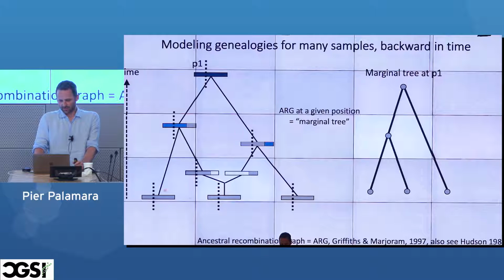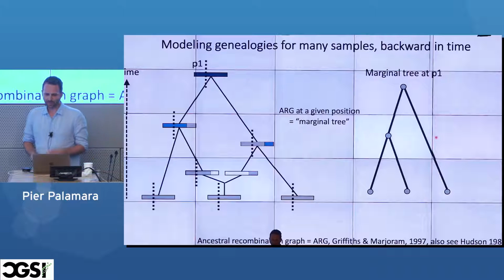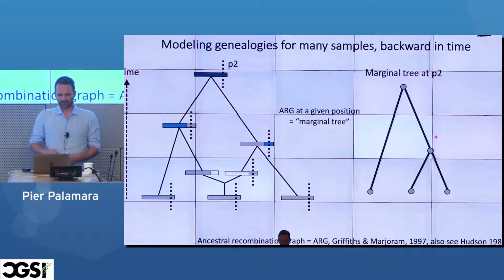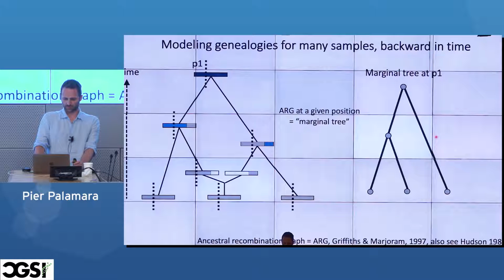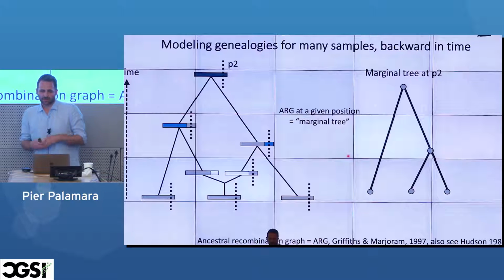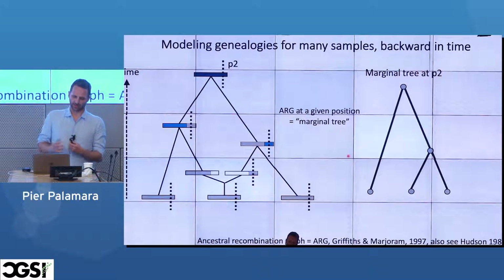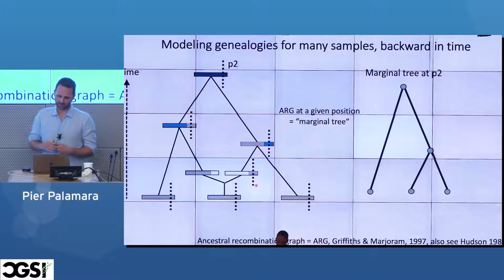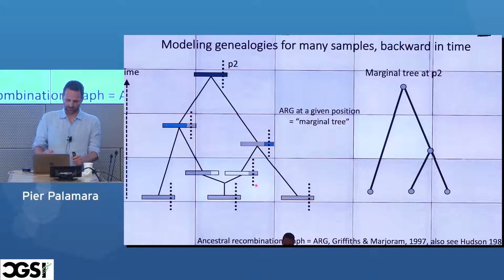So if I slice the graph and only keep the edges and the nodes at this position, I get this tree. If I slice it on this side, I get this other tree. So I have these two marginal trees. If I take this position, I have this one; otherwise, I go right here and I have this tree. This is a property of an ARG: if you slice it at some position, you get a tree. And actually, there is a duality between a bunch of trees and a graph like this. It's just the same way of representing the same information. There are some philosophical points, but for this talk, it doesn't matter. These are equivalent representations.